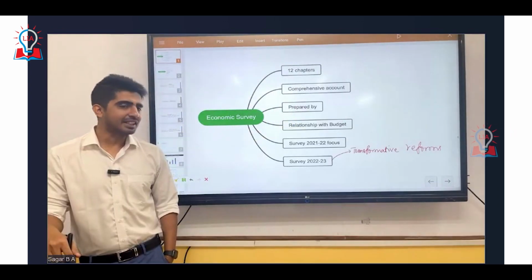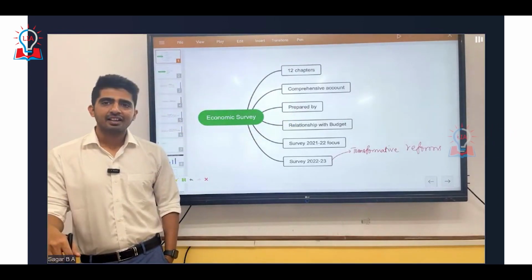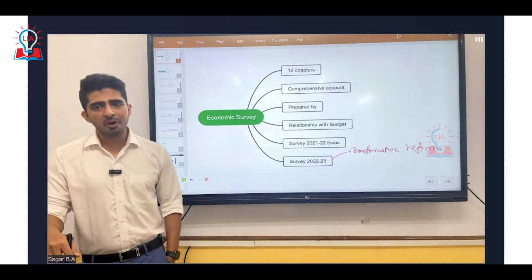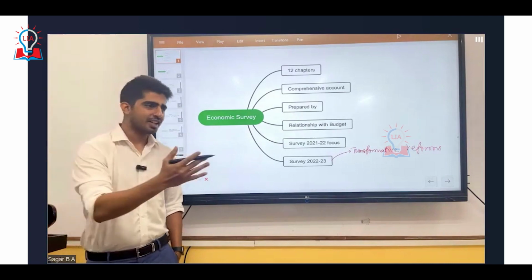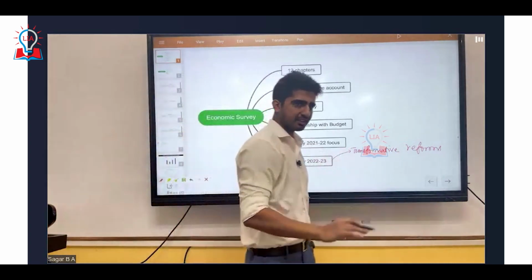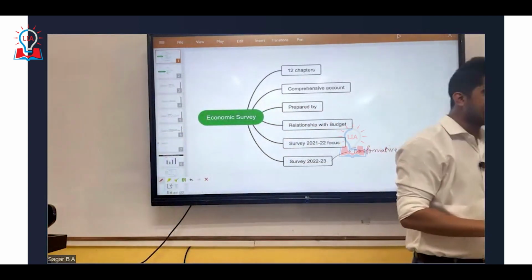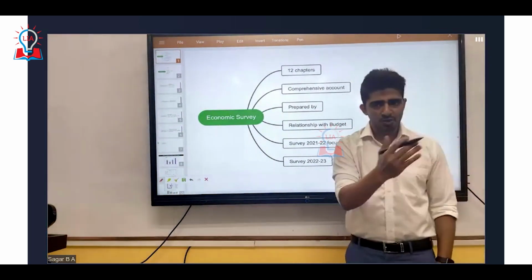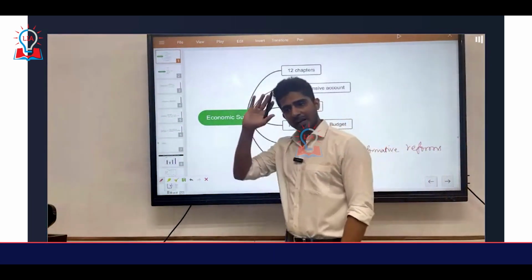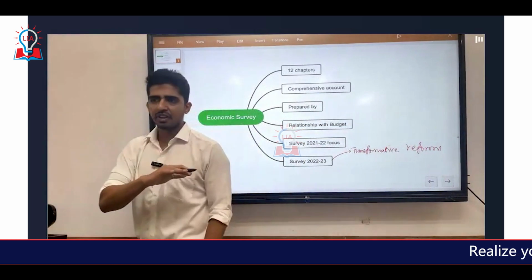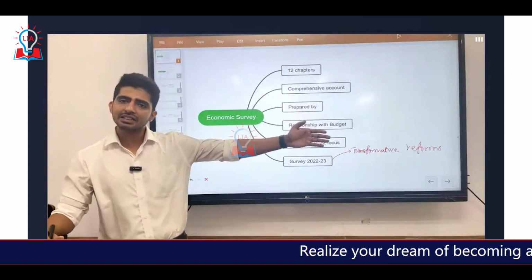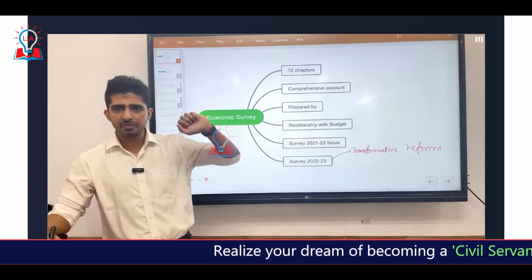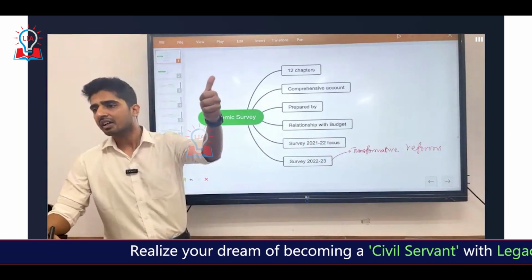So what does the survey say? The survey says that we have undertaken so many reforms in the previous years, especially the last 8 years. In fact, it goes back a bit as well, from 1991 itself, but it focuses mostly on the last 8 years. In the last 8 years, there have been a lot of reforms undertaken, like your insolvency and